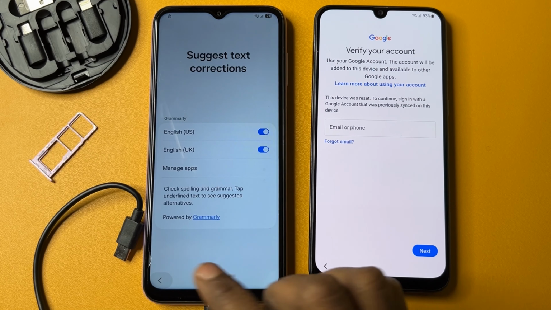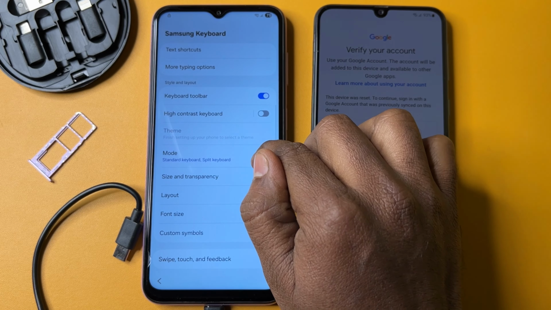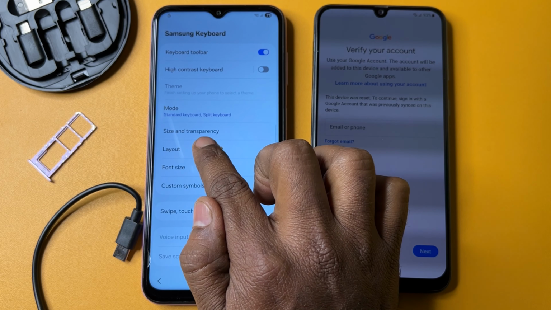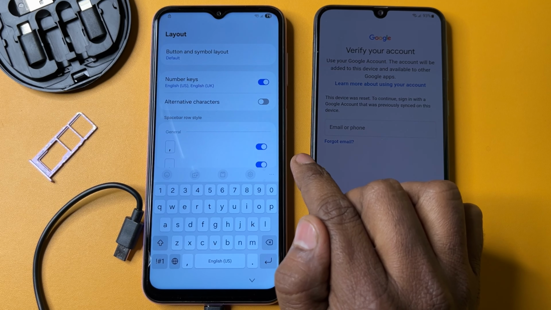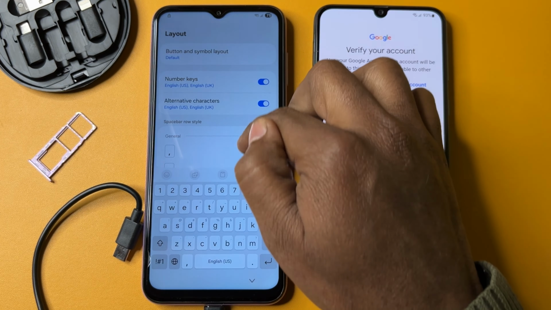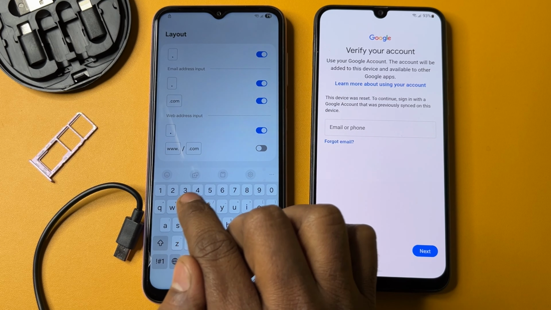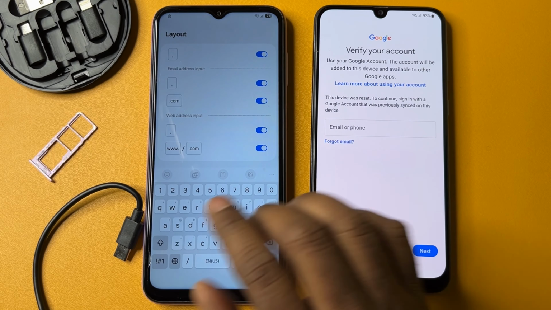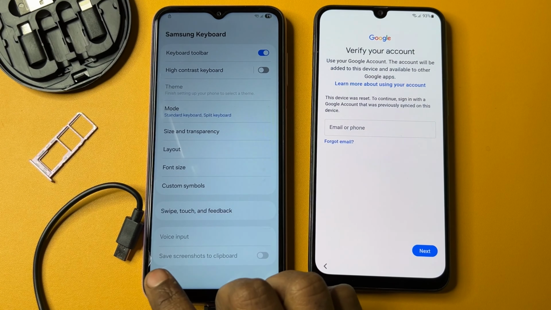Go back and find the layout section here, and this is the layout option. Click here to open this, and here you have to turn on the alternative characters and go down and activate your www.slash.com. Click here to turn on. This is very important. So go back to the home screen,